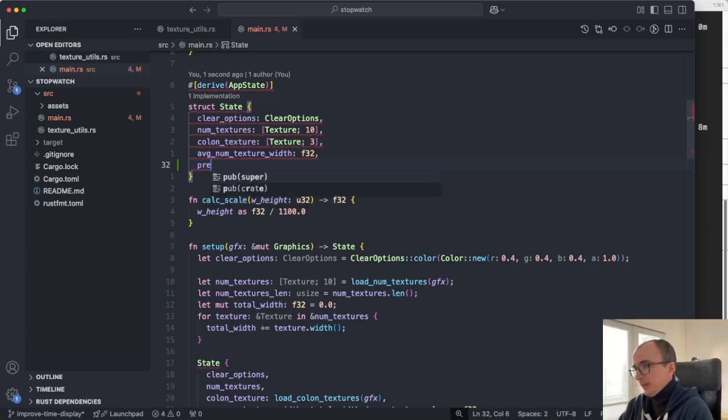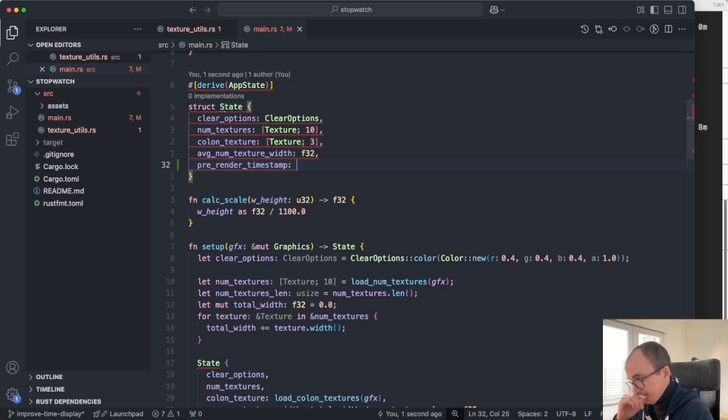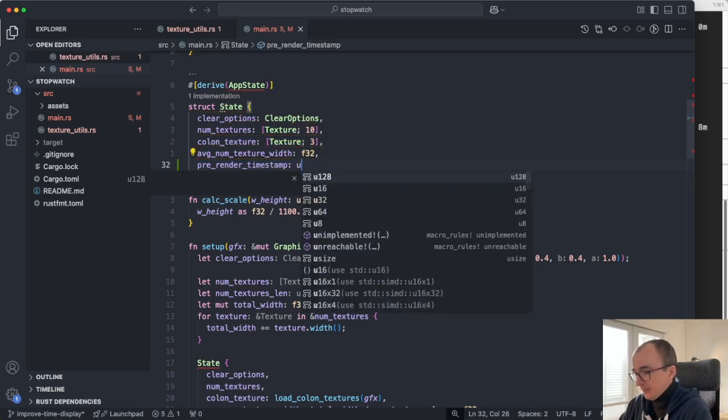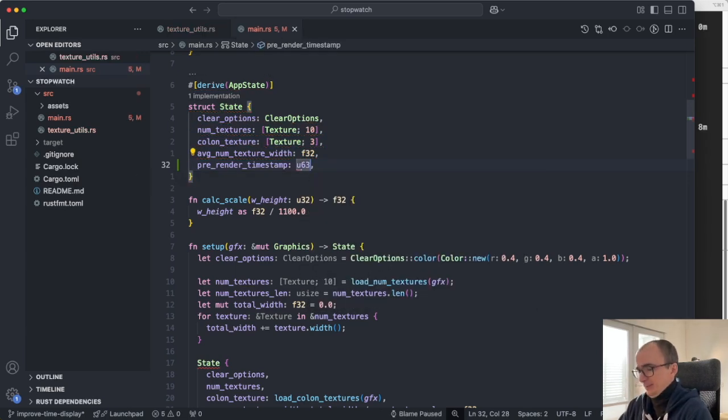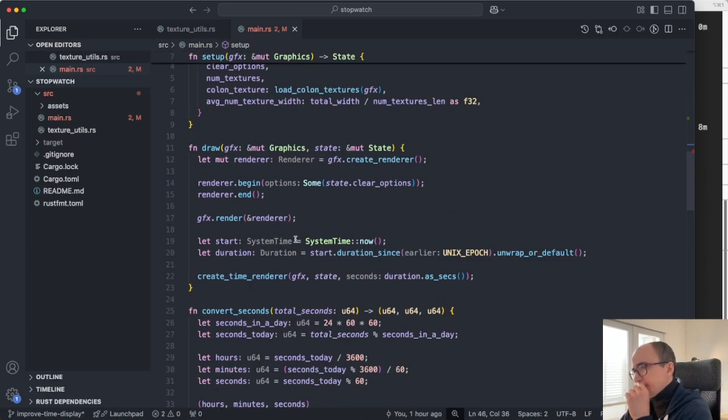And I will call it prev render timestamp. Maybe u64, if I'm not mistaken, it should be u64, because it will be system time, duration, and